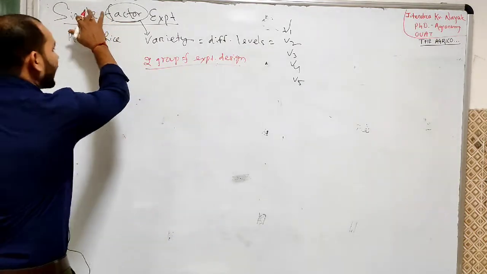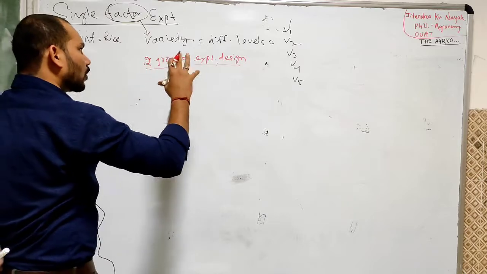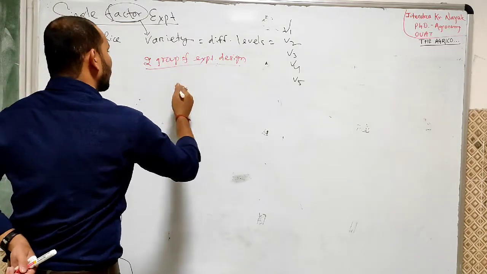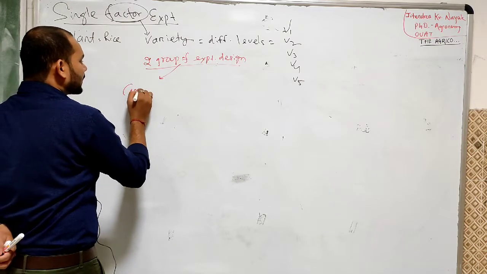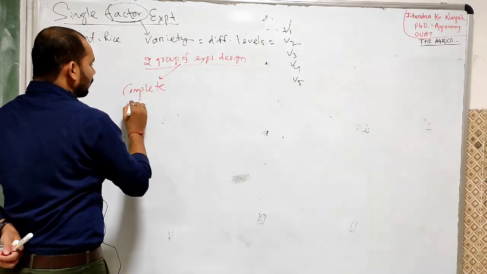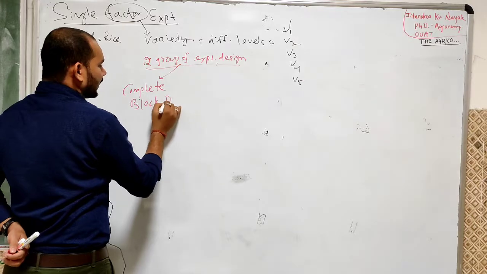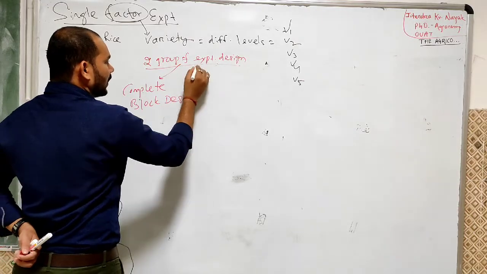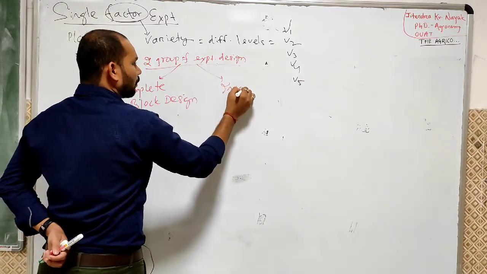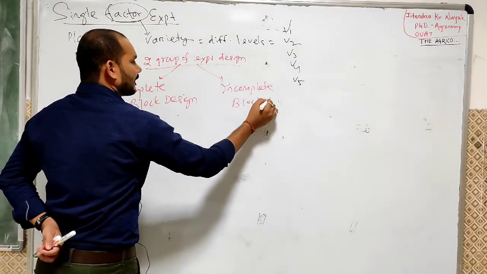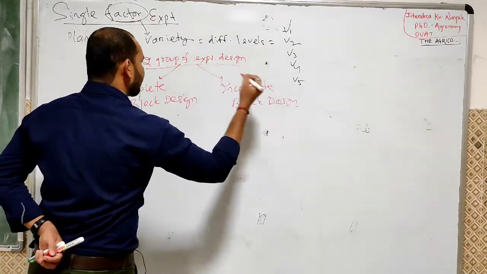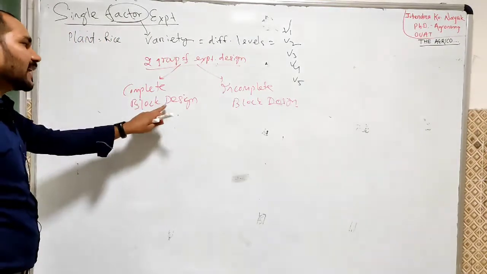For single factor experiments, we have grouped the experimental designs into two groups. One is complete block design, another is incomplete block design. Okay. So complete block design means,